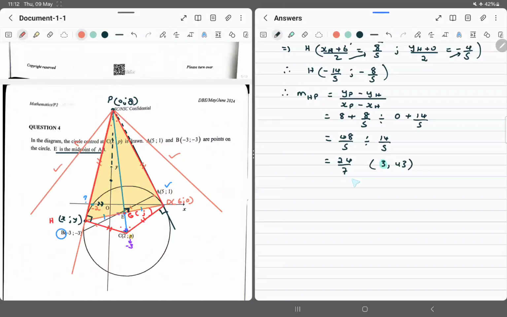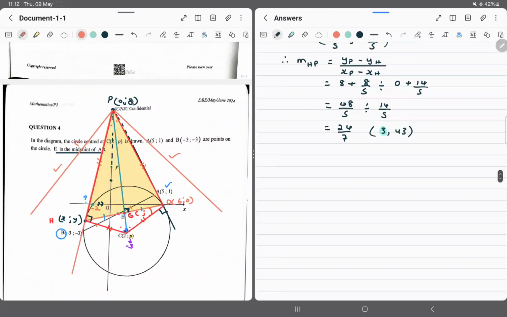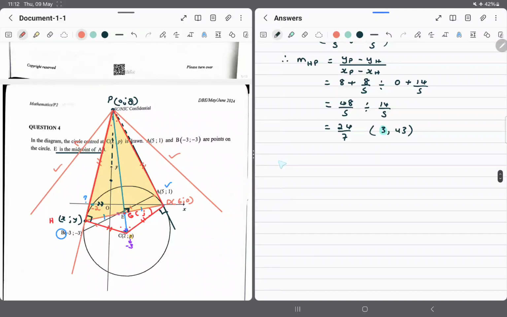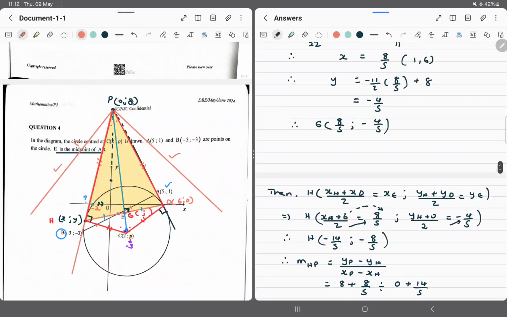We can see that, guys, this gradient is steep. So now if we make it less steep, we're making it gentler. So we can see that when the value of t is less than this value, then that line that passes through that point will not become a tangent here, or a secant for that matter. So we can say, therefore, we can see that t must be less than 24 over 7,